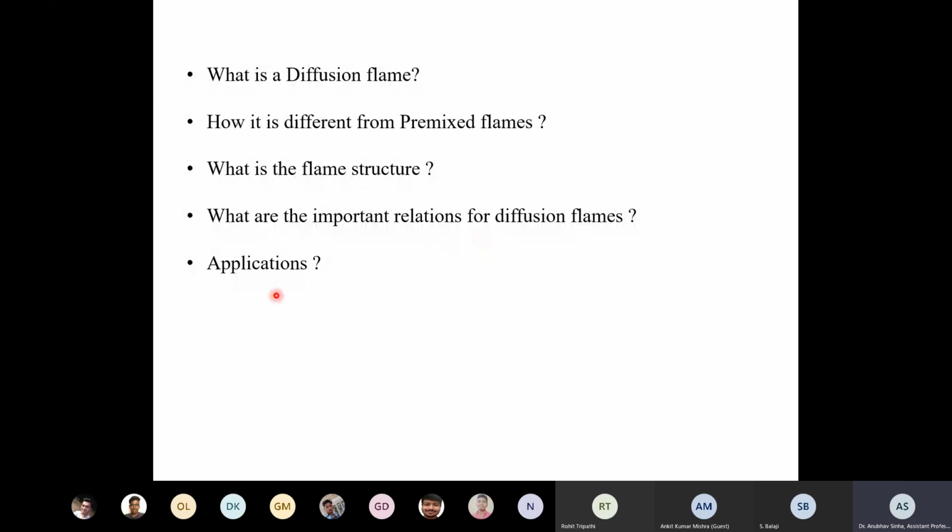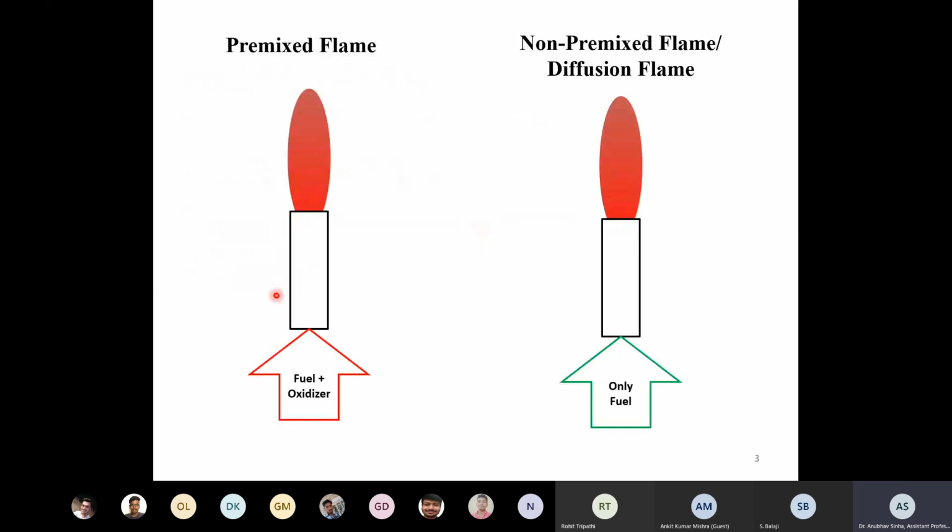To begin with, we have already discussed that the major difference lies in the input. For a premixed flame, we have fuel and oxidizer which are already mixed. While for a diffusion flame, we supply only fuel. The oxidizer can come from the atmospheric air, or we can have a co-flow. Let me just draw. One way is that you just inject fuel and let air come from the ambient. Everywhere surrounding this fuel is atmospheric air, so that will supply oxygen, the oxidizer.